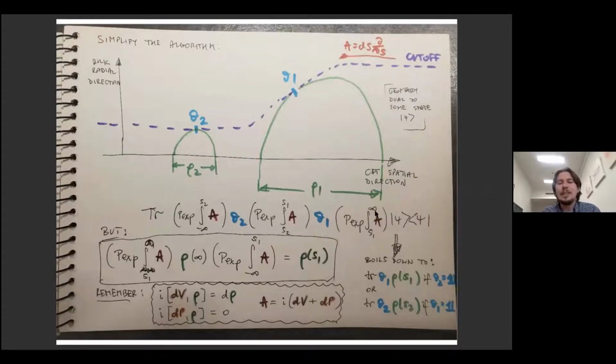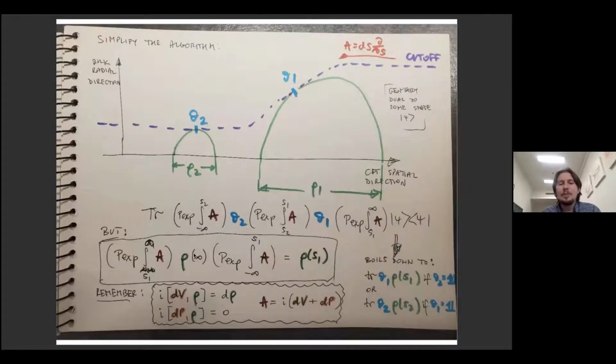So I want to say that there is a special feature of this expression that we can use, which is that this A is a combination of modular parallel transport and zero modes. Zero modes commute with the modular Hamiltonian of the instantaneous entanglement wedge, which is associated to some tangent geodesic to my cutoff. Therefore, the part of A which is a zero mode doesn't do anything to this entanglement wedge. The other part is modular parallel transport, DV. But that part is exactly defined by the condition that it moves entanglement wedges in a particular way. So it maps one of them to the other.